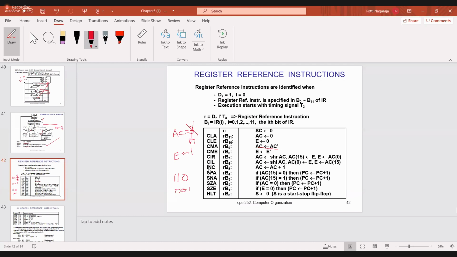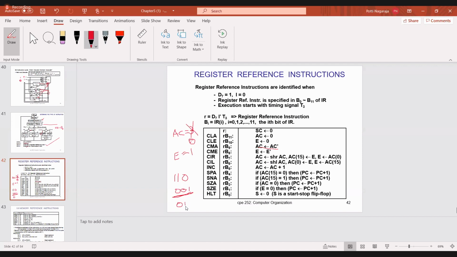Then INC. INC means increment. Now assume the accumulator contains, for example, 001. Increment. Then what is the answer? Here increment means increment accumulator. 001 is the accumulator content. Now increment this, increment by 1. So what is the answer?